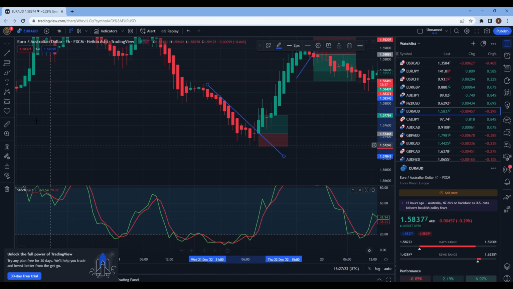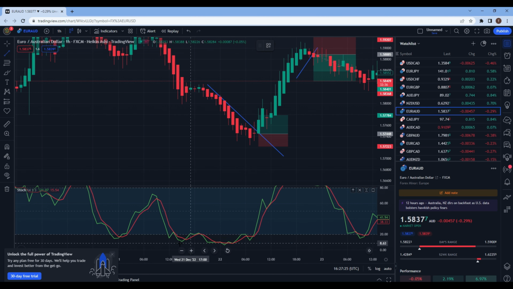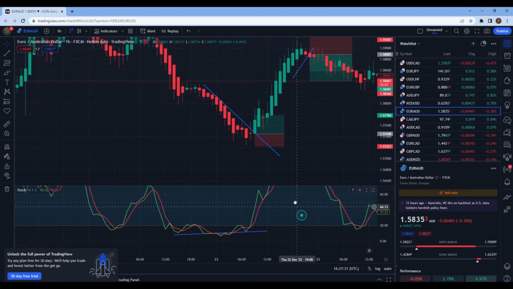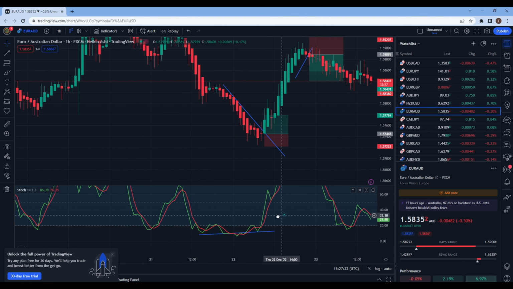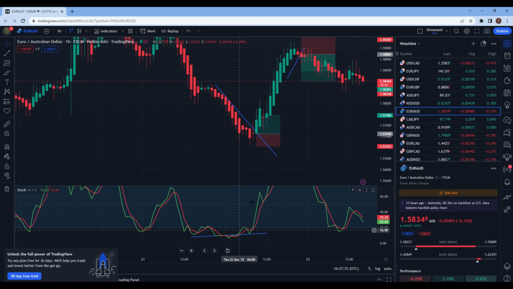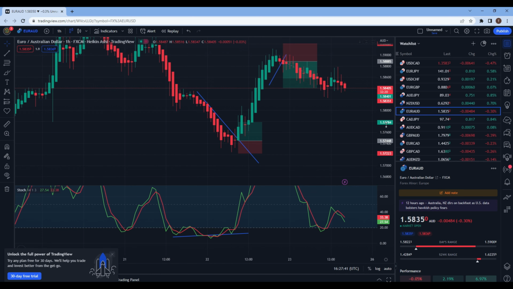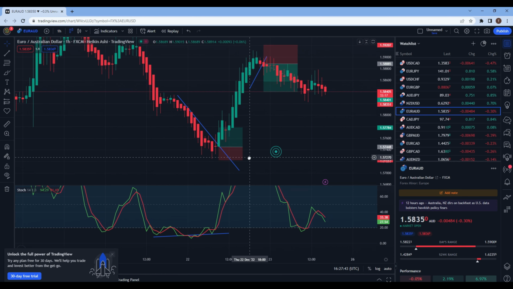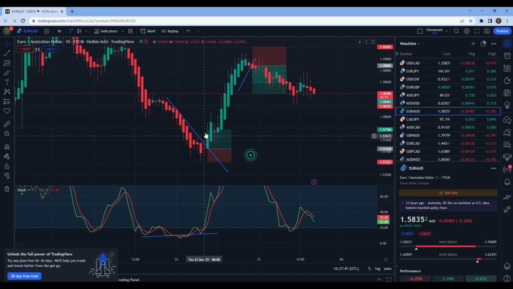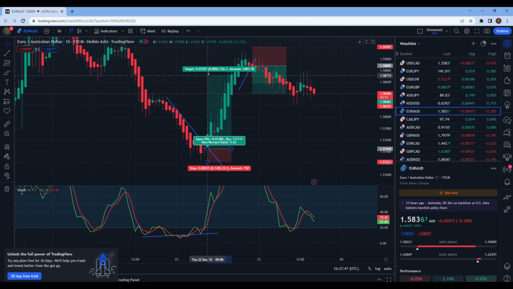And then you see the stochastic here, that this area is being tested 4-5 times. Now you can see, you have found a hidden bullish divergence. Now this is your fourth confirmation and this trade will give you a good profit. This will be a very profitable trade. If you see here, almost it's